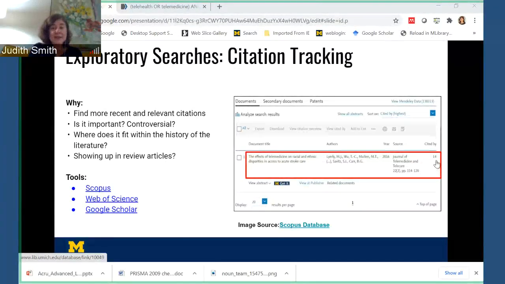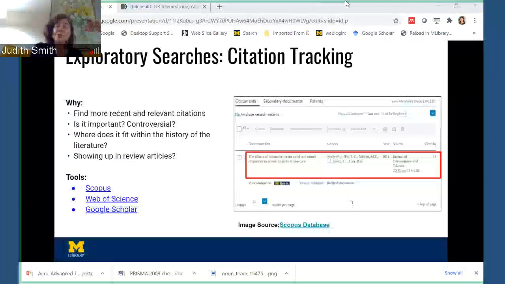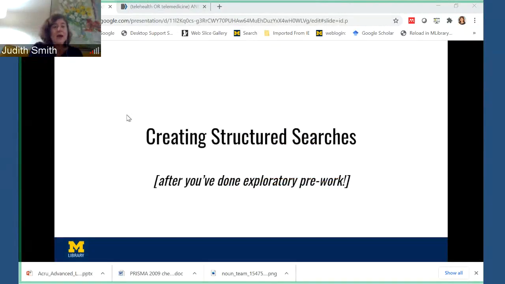PubMed automatically does something called exploding. So when you choose telemedicine, it automatically will explode the MeSH term, and it will pick everything up underneath it. You can choose not to explode. I'm not going to get into that now, but in general, if you choose telemedicine and you don't adjust any settings, then it will scoop up those other topics.